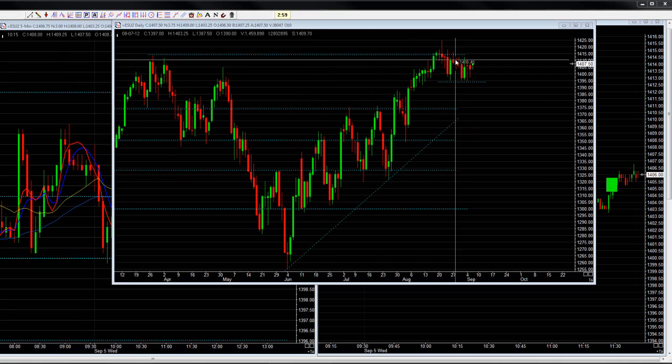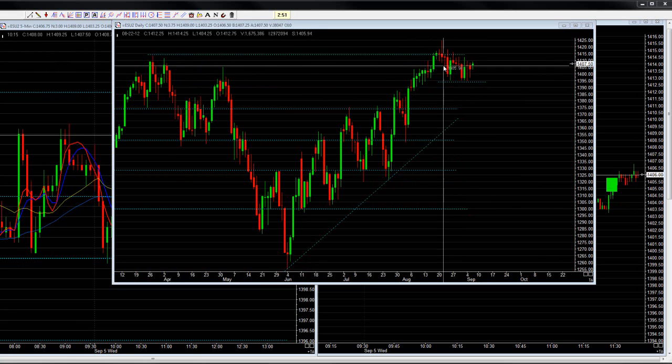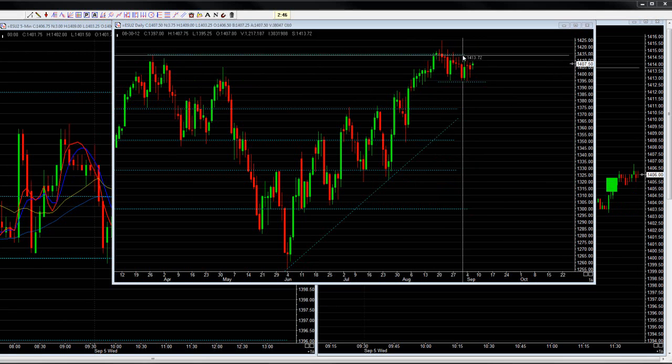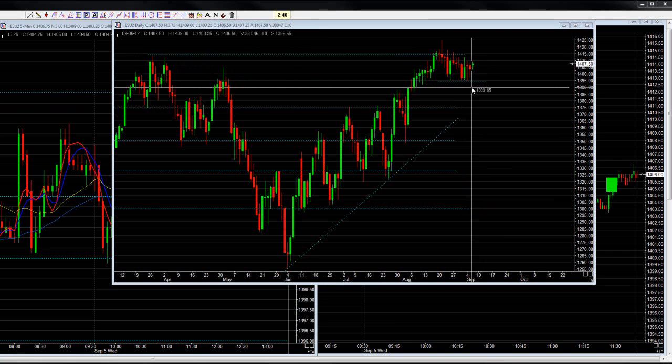Got the daily chart up here. We're still sticking in between this bit of a range that we're forming. Basically made this little bit of a low which I marked earlier on a couple of weeks ago, and then since the market came back up, had a look at this upper area, and then it's come back down, had a look at it, bounced off again, and really sticking within a range from about 1395